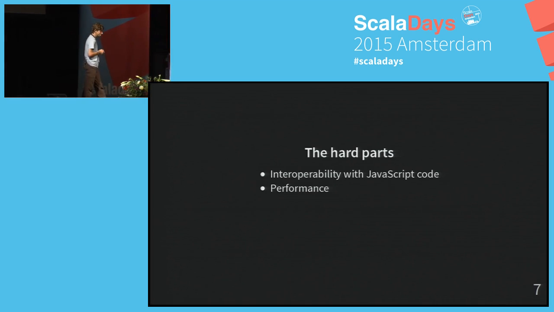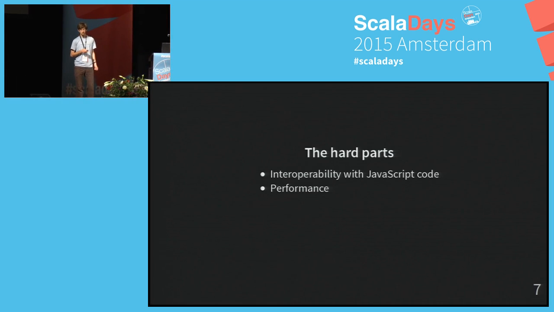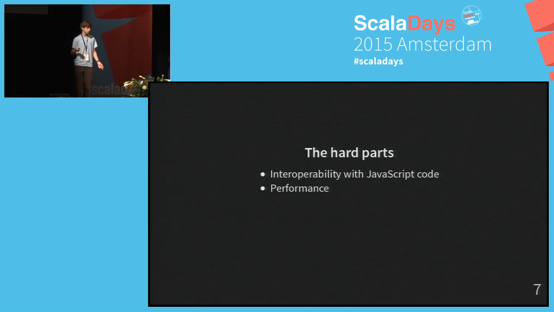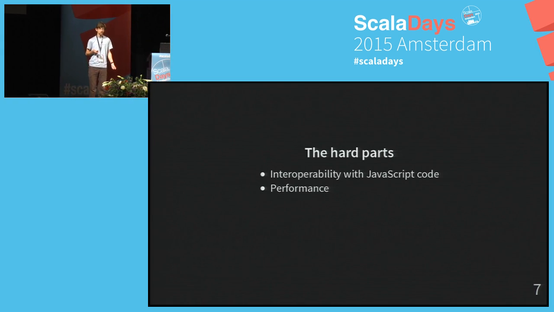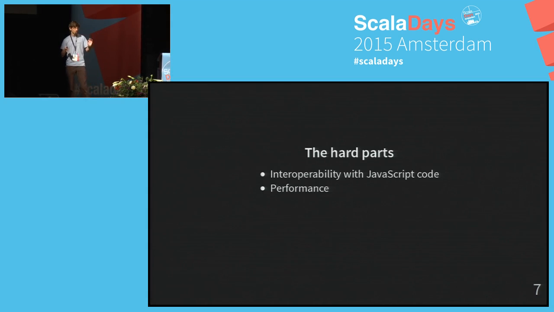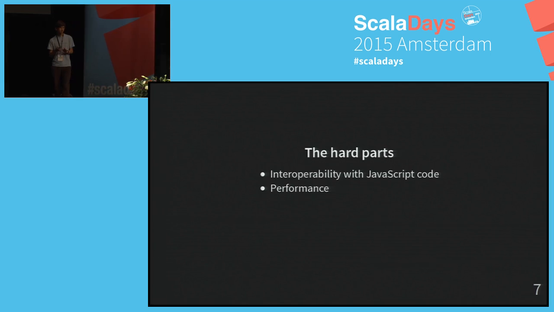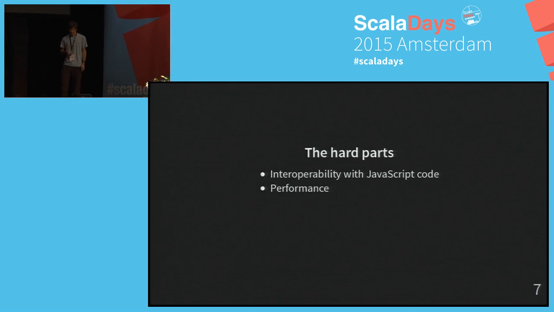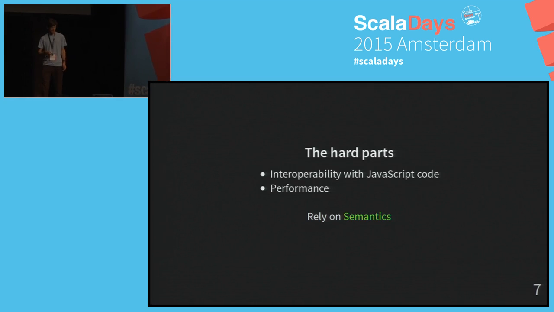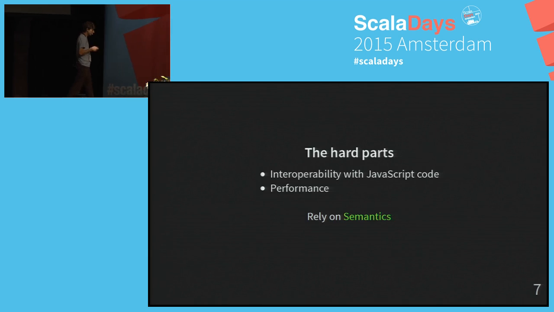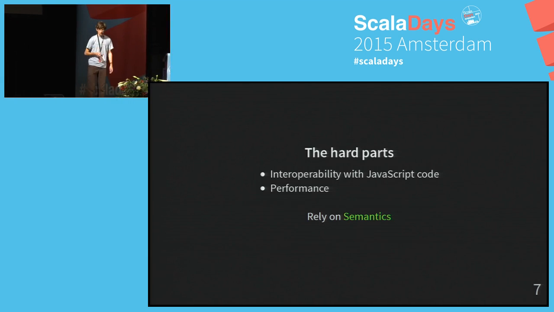Performance came much later. In the beginning, I didn't believe we could reach decent performance with Scala.js, to be honest. It turned out to be relatively okay, and that was without even beginning to do any optimizations. And then I started doing optimization, and suddenly it became crazy. We're within 2x of JavaScript most of the time, and actually closer to 1x. This is all because of the way the semantics of this dialect of Scala are defined, so that we can have both these things.